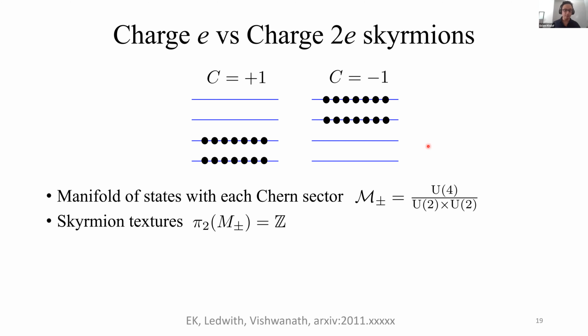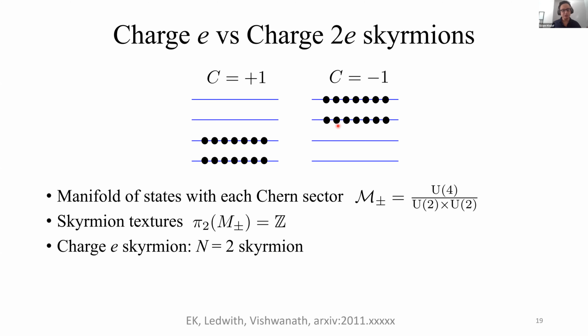Skyrmion textures are maps from the sphere to the manifold. So this tells us that there is a possibility of Skyrmions in the system. And there is actually an easy way to understand the simplest Skyrmion. If we want a charge e Skyrmion, we just take one of the filled bands and one of the empty bands and think of this as a 2-level system where we form a Skyrmion. So this is essentially the same as the n equals 2 Skyrmion, with charge e. But of course, because we had to make a special choice, this would have some non-trivial transformation properties under SU(4), which I will discuss later.